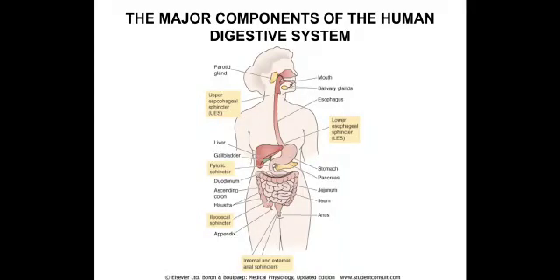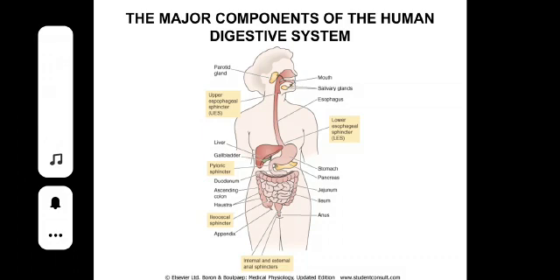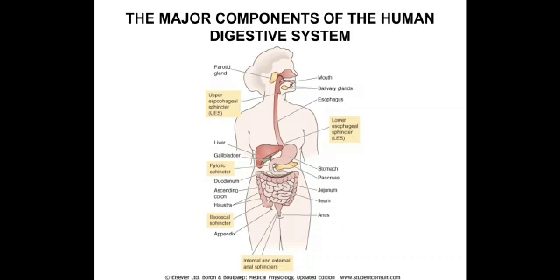Having finished saliva and deglutition, as you all know, after chewing, you swallow. That process is called deglutition, which has three phases: the oral or buccal, the pharyngeal, followed by the esophageal. So today's class is about how, after the food is swallowed, by gravity it comes down to the lower esophageal sphincter and enters the stomach, which is collapsed when it is empty, and it is a J-shaped hollow muscular organ.